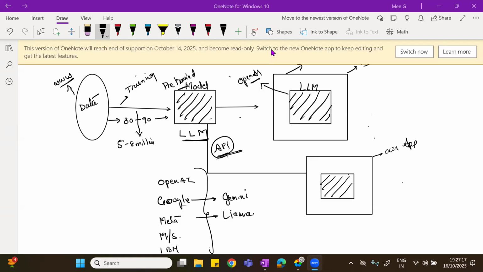So when it comes to the corporate world, if I'm working with some organization, there might be some security concerns. At that time, we need to get it on our premises, on your servers. It depends on what kind of servers you are using and where you want to keep it. To keep it secure, you get into a secure environment and train with your own data. Otherwise, you will not do it.